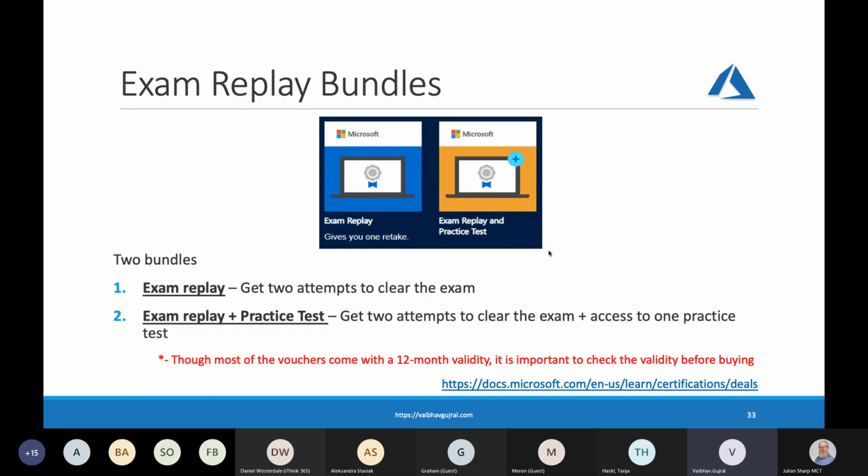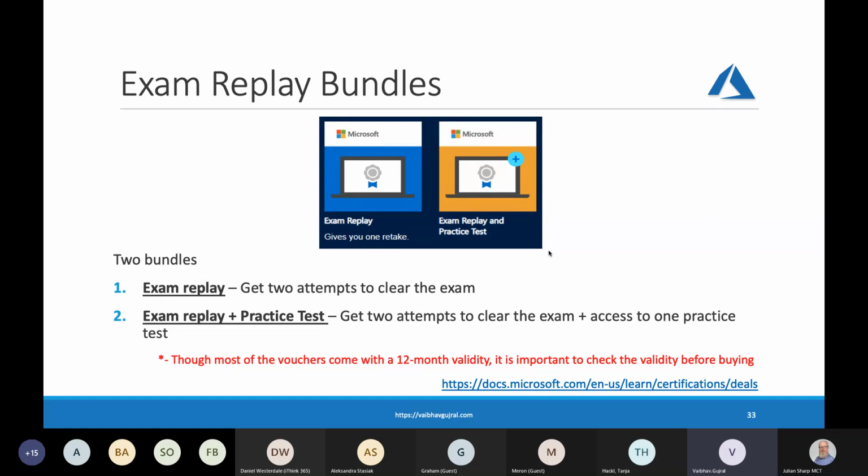So you can go ahead and buy an exam replay bundle that gives you 2 attempts to take an exam. That's included in the cost. It's not $165. It is roughly around $200 to $225 is what I have seen,